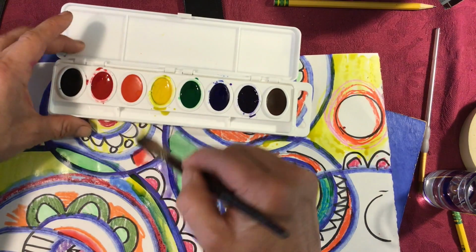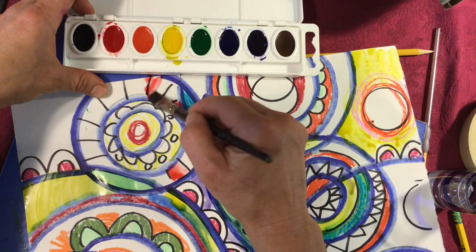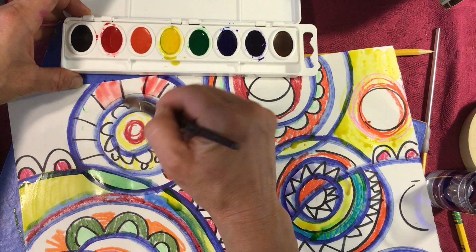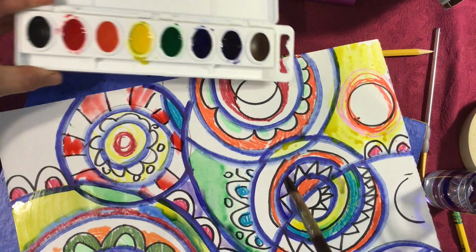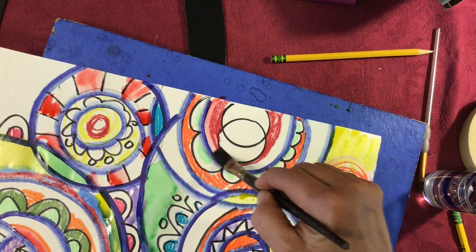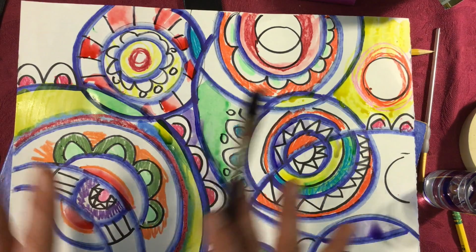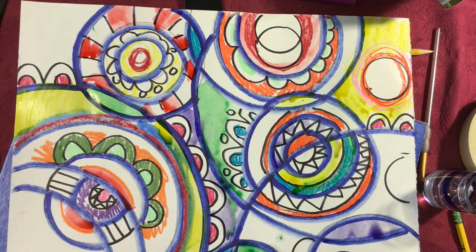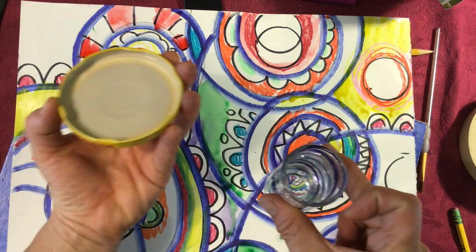Now, friends, do you have to fill this in with color? No. Do you have to do the whole thing with color? No. It's your choice. What I want to see you do, though, is I do want to see you have circles that overlap on top of other circles. I want you to see how circles have a relationship to one another. I want to see that you can trace circles and